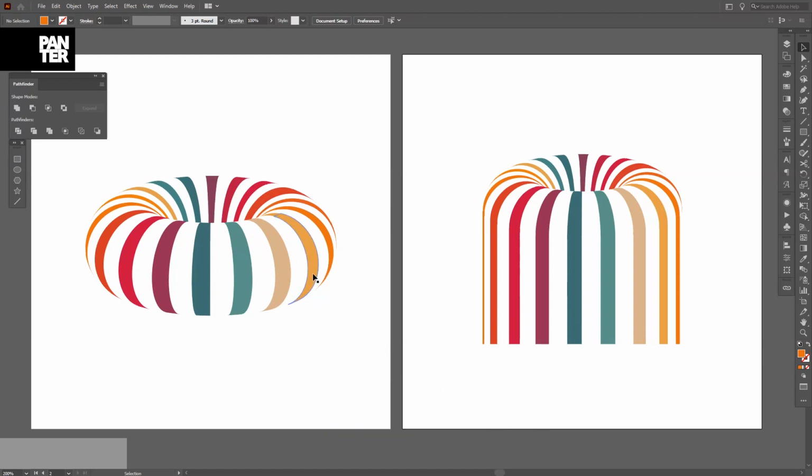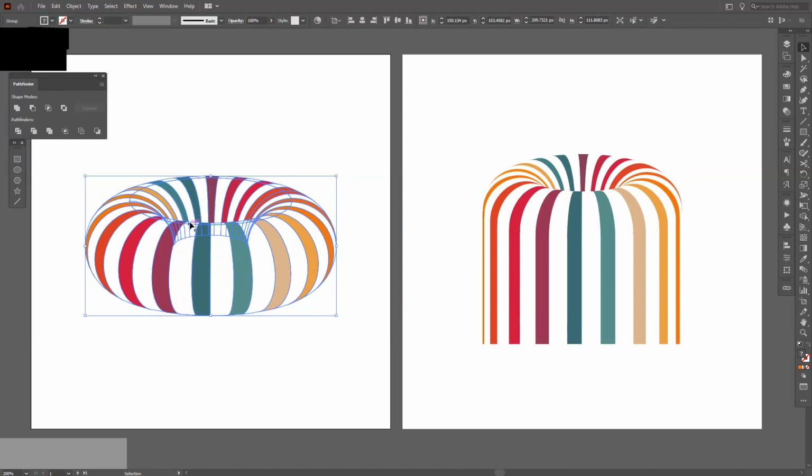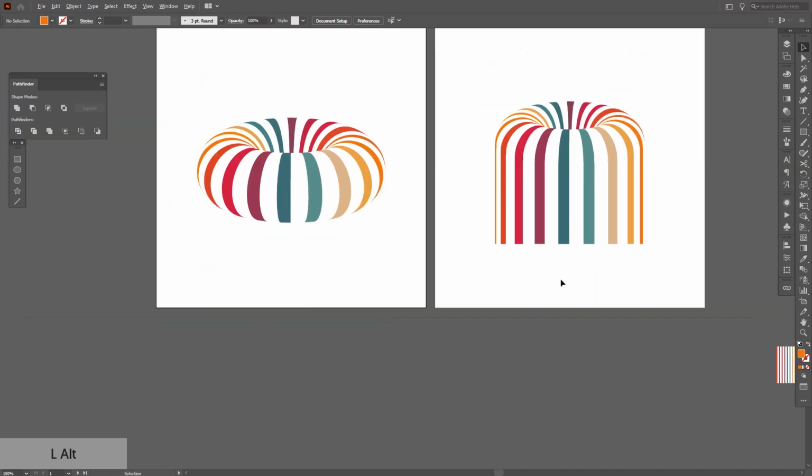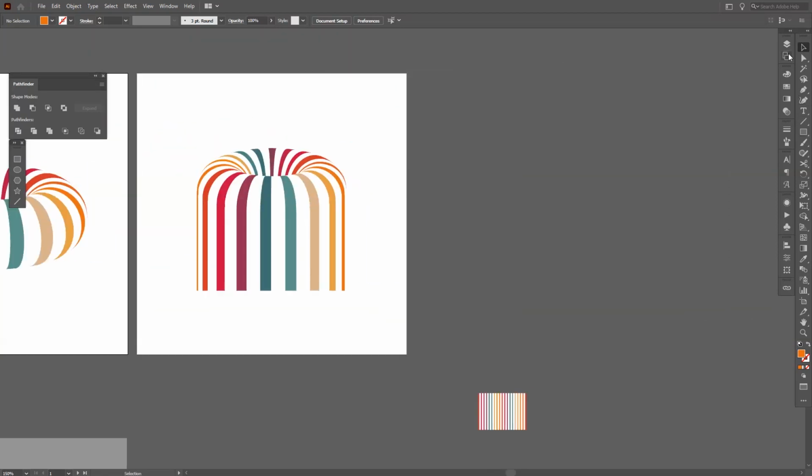So this is what I made with the Revolve tool. Basically, I'm gonna show it. I can hardly explain this stuff, but I'm gonna show you how to do this. Eventually, I'm gonna show you this also, but I'm gonna keep it short. So I'm gonna create a new artboard first,